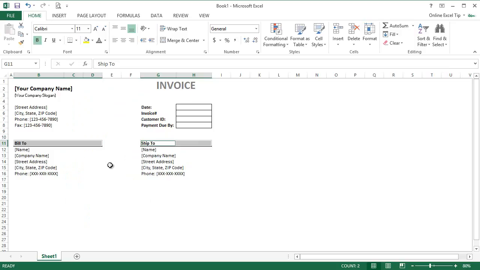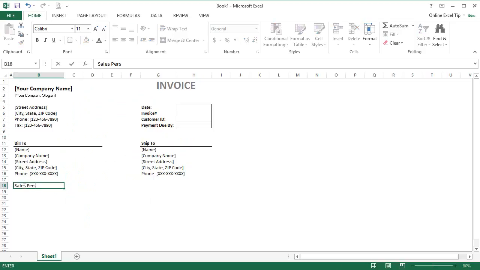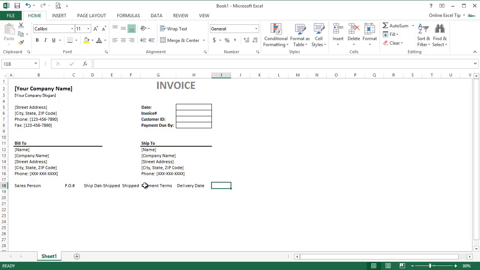After that, we jump on to the 18th row in column B, as this row will include the other standard details. So we start with salesperson in cell B18, PO number in C18, then ship date, ship via, ship terms, payment terms, and delivery date in D18 to H18.